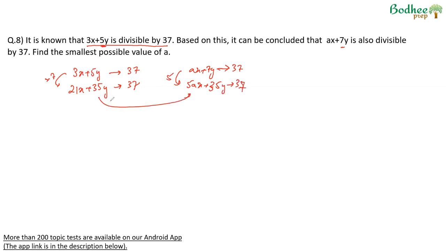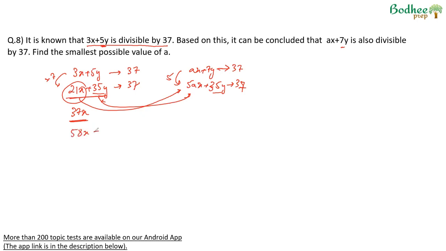Now, if we compare these two, 35y is as it is. So this part is the same. And therefore, from 21x, we should be able to reach a term 5a, which remains divisible by 37. Clearly, 21 is not divisible by 5a. So 5a cannot be 21. But what I can do is, I can add 37x here. If I add 37x here, divisibility by 37 will not be affected because this is divisible by 37, this is divisible by 37. And therefore, 21 plus 37, which is